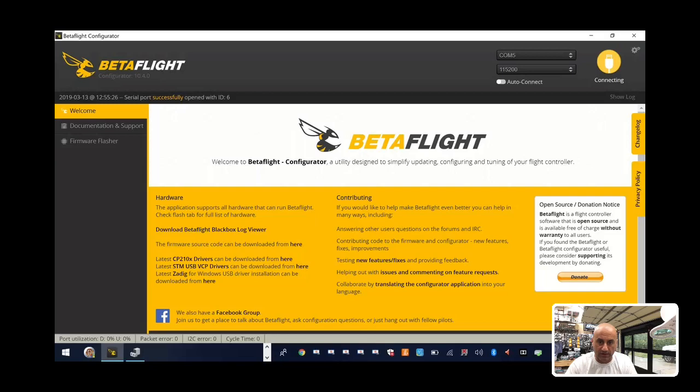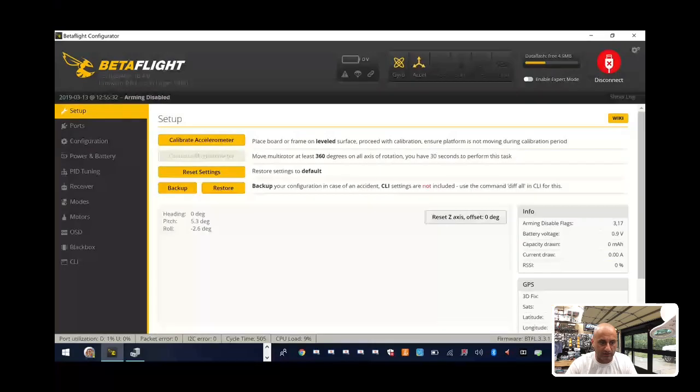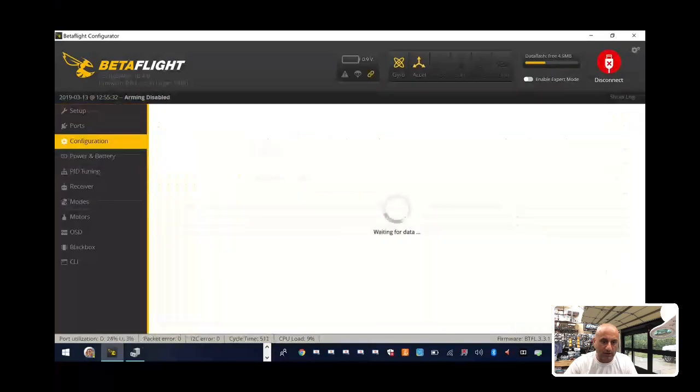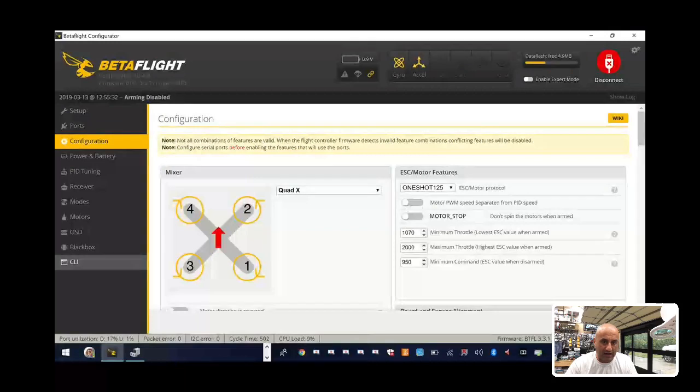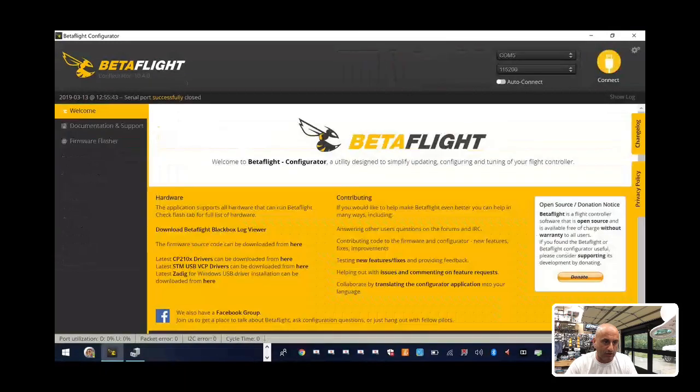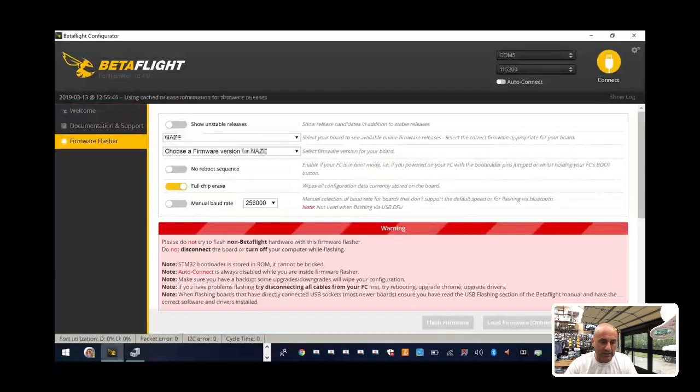Hopefully this should connect here in a second. If it does time out on you, just stop it and go back again. So one of the things that you're going to see is that in this version, we have all the features we need. But if I disconnect and go to Firmware Flasher,